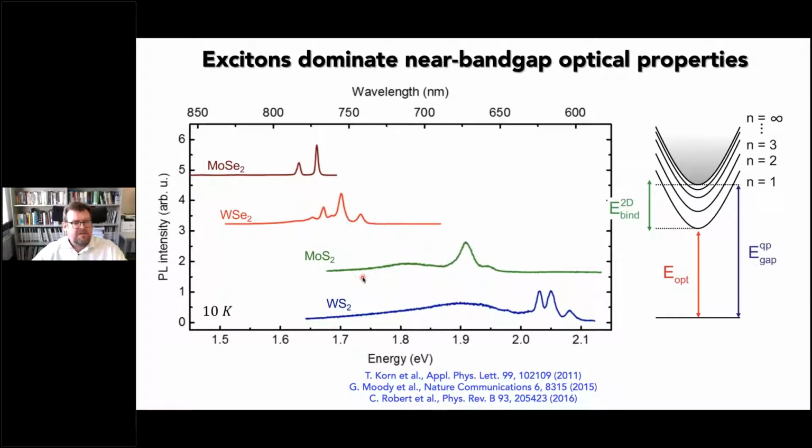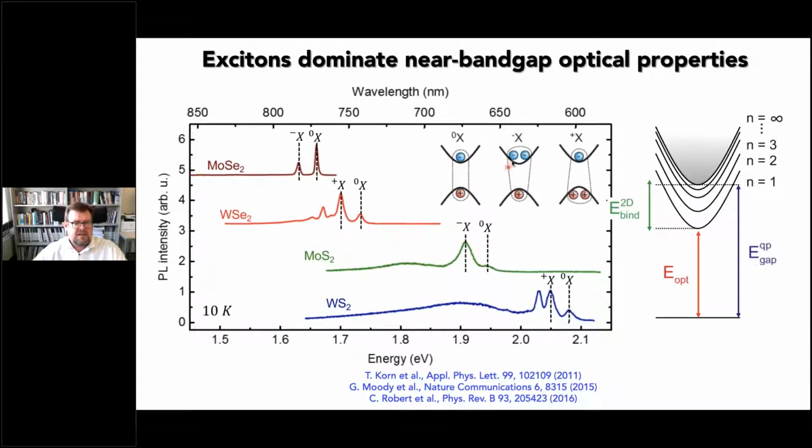Let me show you this by showing you, for a bunch of different materials, the excitonic luminescence spectrum. You see here, for 4 different types of TMD semiconductors, the luminescence. You have to trust me, but these peaks here, the highest energy peak, is the neutral exciton emission for these different materials. And these lower energy sharper peaks can arise from the fact that you can have an excess of charge carriers,